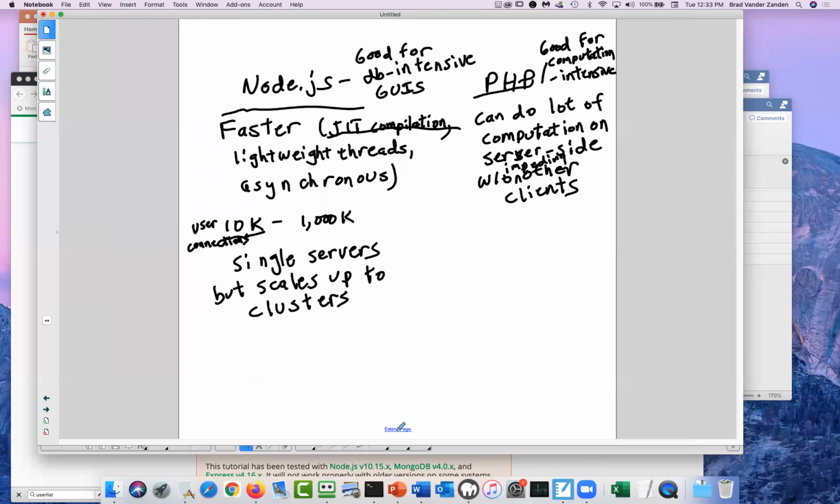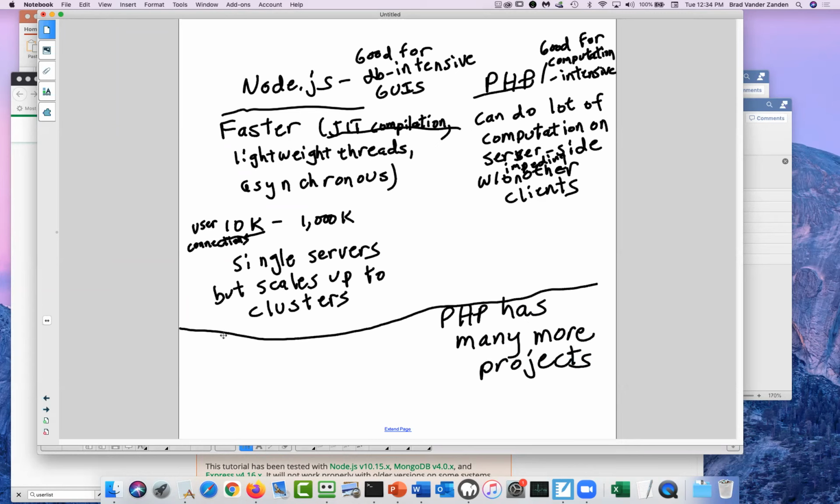As far as the code base, PHP currently has many more projects. But my sense is that Node.js has the lion's share of new projects.